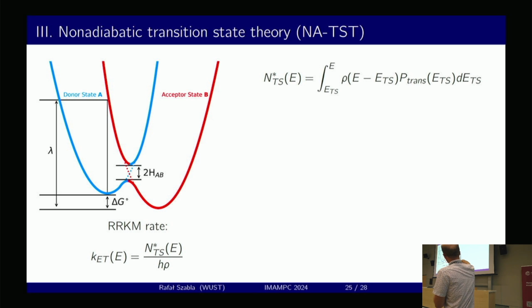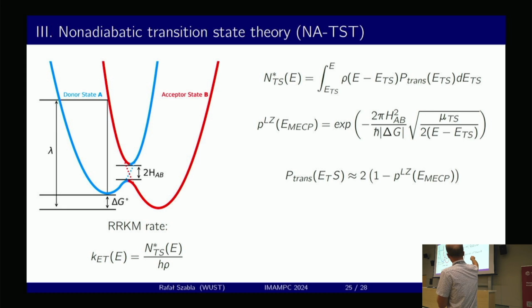This is the key problem if you think about non-adiabatic reactions, because you really need to think about the probability of transition, which you can get from the Landau-Zener approach. But I didn't manage to code it before this talk. So the only thing which I did when talking to